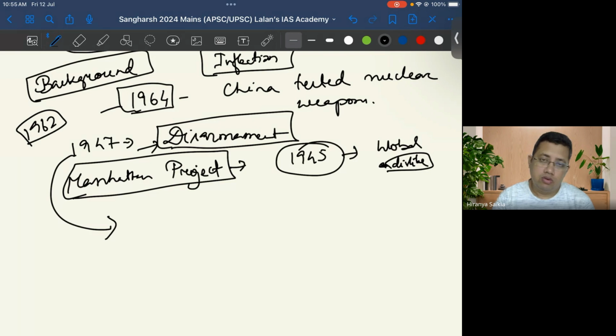So we were kind of forced, because we knew that by that time Pakistan would also end up getting the weapons, or we didn't want to be caught in a scenario where two of our enemies in our northern borders have nuclear weapons and we are at their mercy. So here it was a strategic need, security need for India. So since China had it, we had to go for a nuclear program. There was no choice left with us.